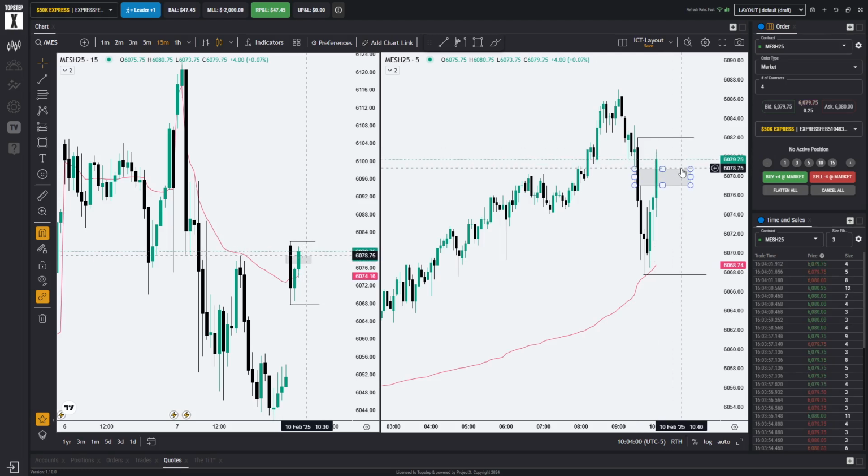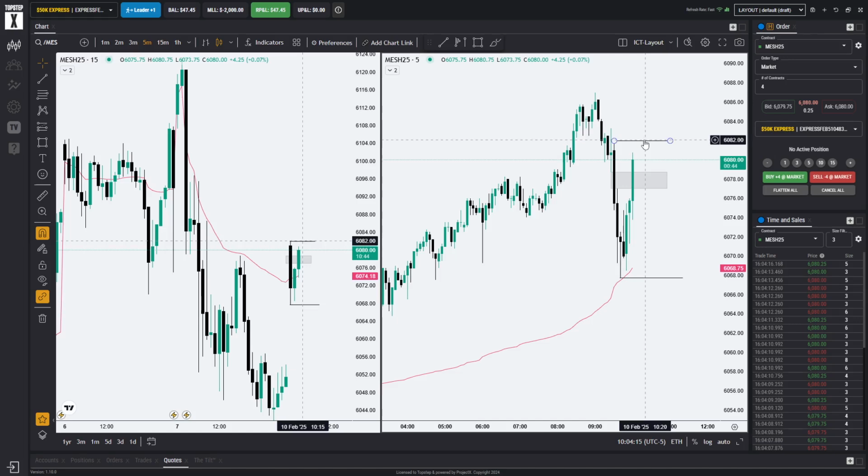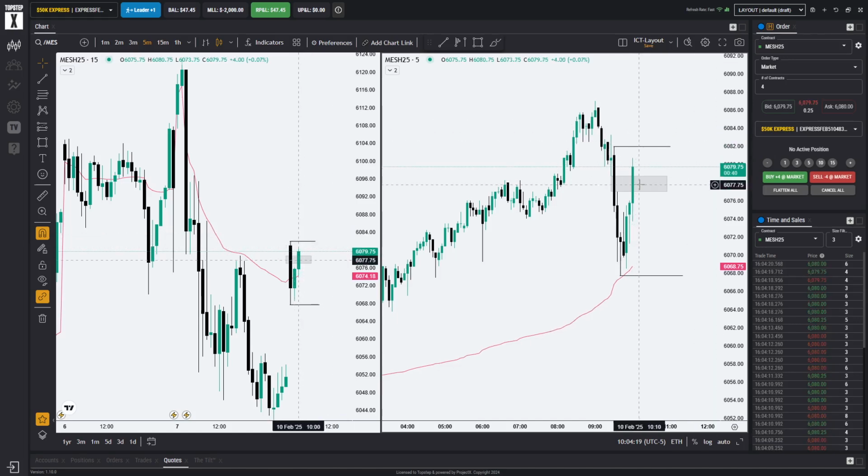Has to close above and hold, and then we could get another push, another leg up. We sold some more here, right? That's okay. Sometimes it helps to watch both of them, NQ and ES. And sometimes it just